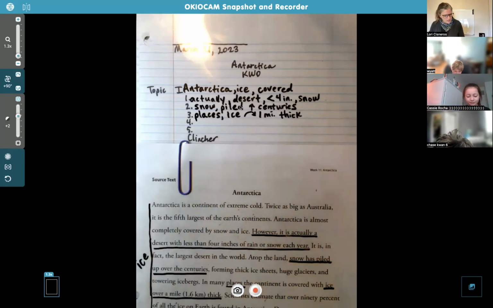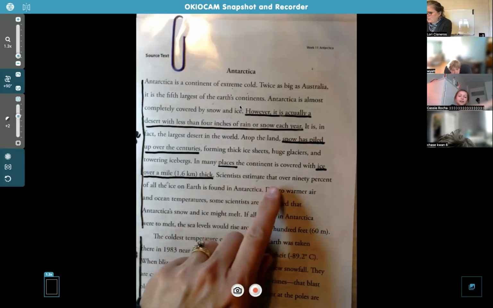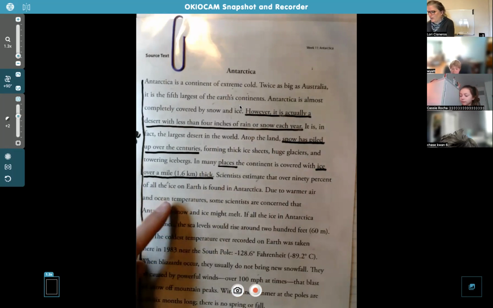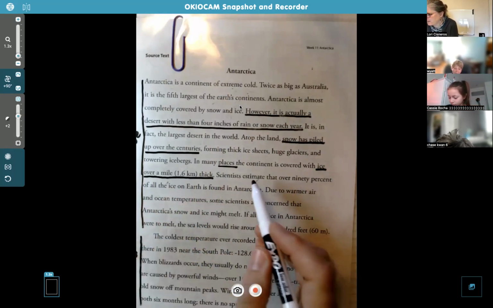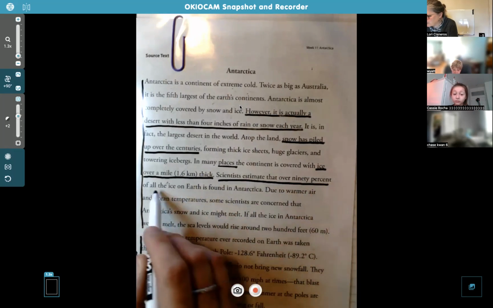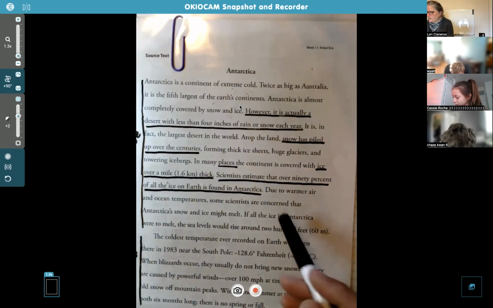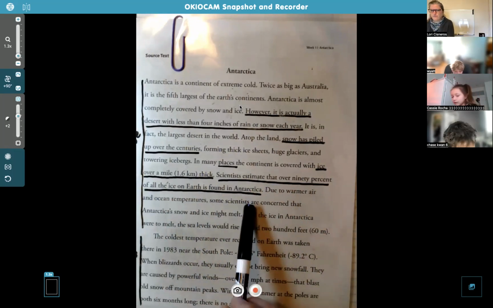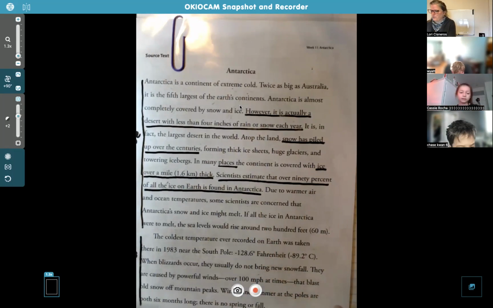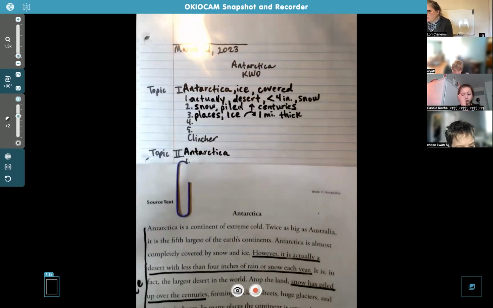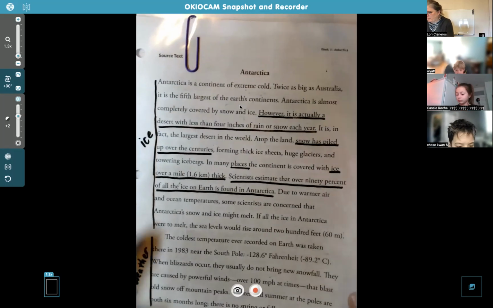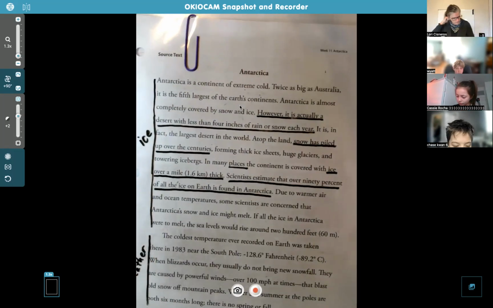Okay, now let's move on to the next fact here. We're going to keep going. It says scientists estimate that over 90% of all the ice on the earth is found in Antarctica. I think we need to underline that sentence too. Scientists estimate that over 90% of all the ice on earth is found in Antarctica. Okay, so Chase, how are we going to take that fact from that sentence and put it in our outline? We need 3 key words here for number 4. 90% ice